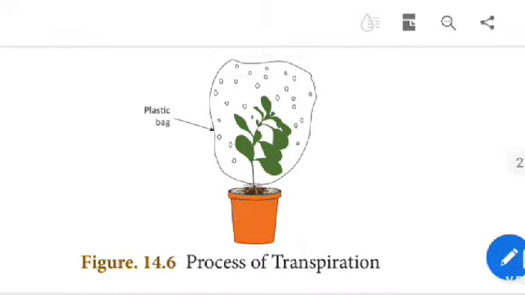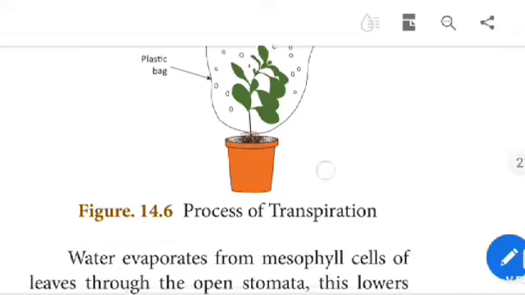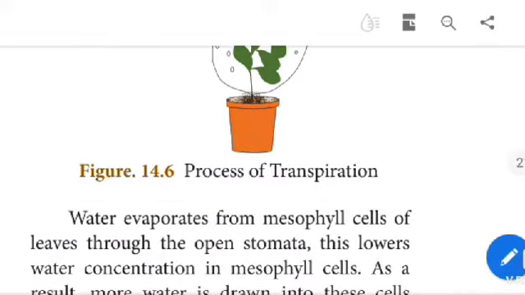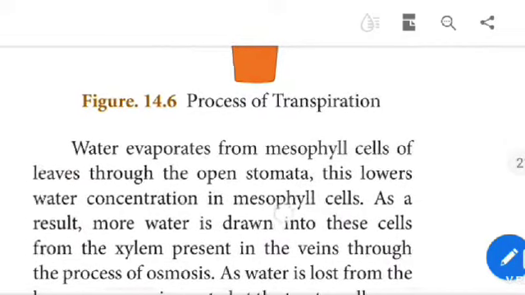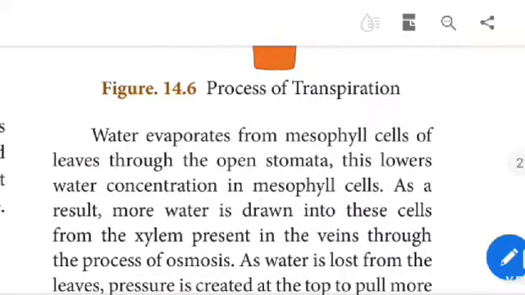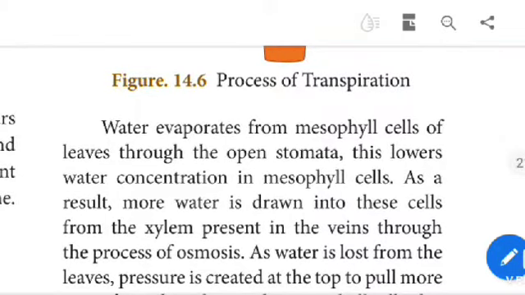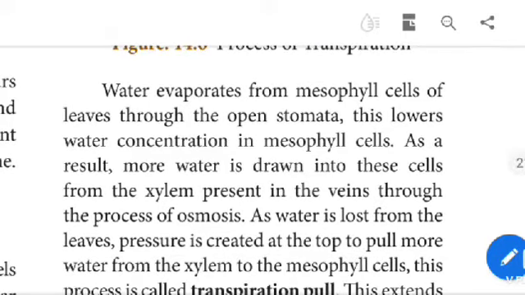See the process of transpiration. A pot containing a plant, and the plant is covered by a plastic bag. Water droplets are present on the plant. Water evaporates from mesophyll cells of leaves through the open stomata. This lowers the water concentration in mesophyll cells. As a result, more water is drawn into these cells from the xylem present in the veins through the process